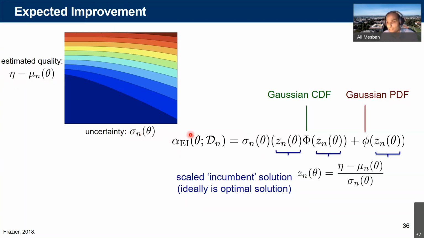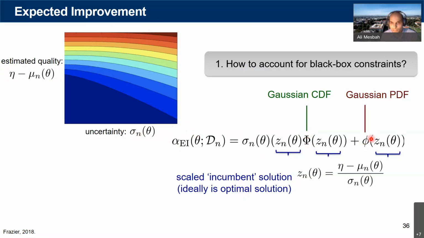Given that your surrogate model is a Gaussian distribution, this acquisition function is fully determined analytically, because these are essentially the cumulative distribution of a Gaussian distribution and the probability distribution of a